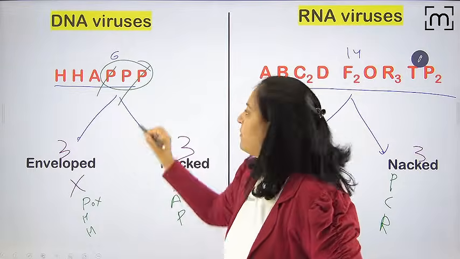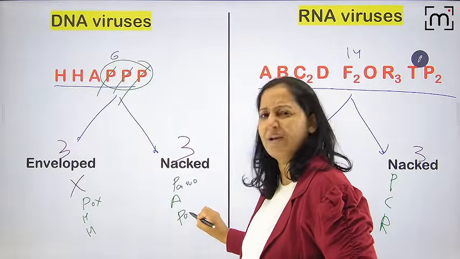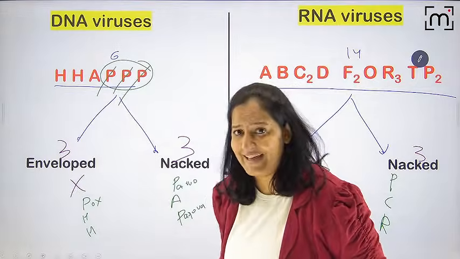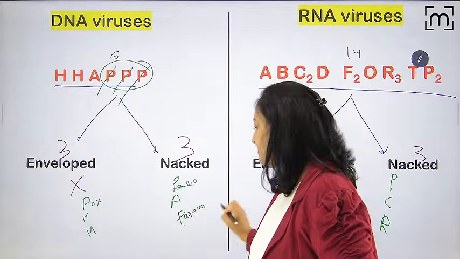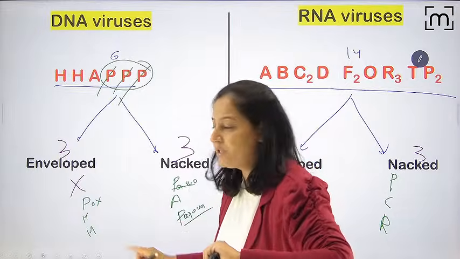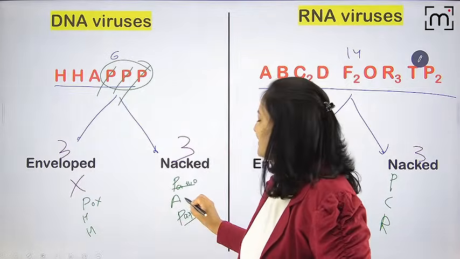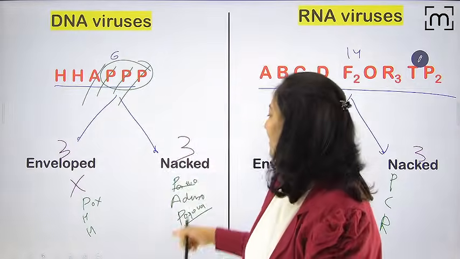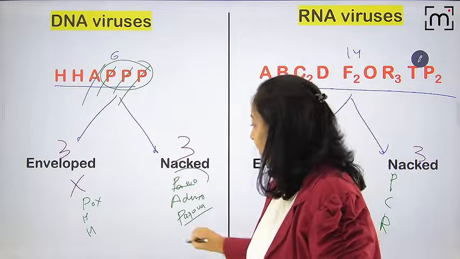It's okay. And what about this next P? Papova. Papova is a toddler, not a newborn, but a toddler. If the toddler is also naked, what's the big deal in that? So Parvo and Papova are naked. But Mr. Pox, no, don't you dare. Give envelope, give clothes. And here A is Adeno, there is no confusion in that. Only one A is there, Adeno. So learn Parvo, Adeno, Papova. Now you will not forget.